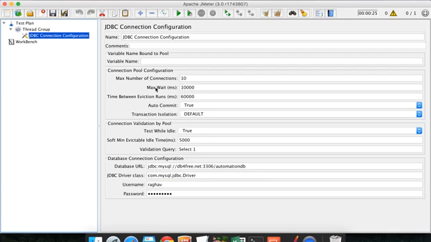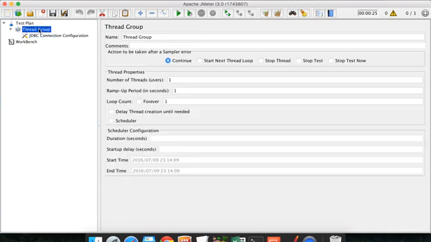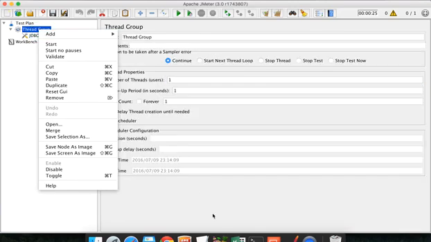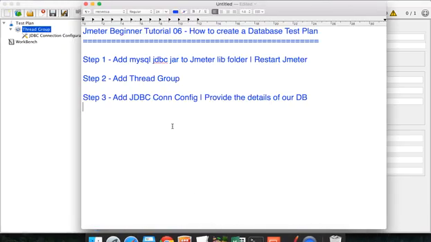Okay, so these are the max number of connections it can make, the max wait timeout and so on. So you can change it if required, but normally we can keep it as default. So the next thing that you have to add is a JDBC request. Okay, so step number 4 will be add JDBC request,